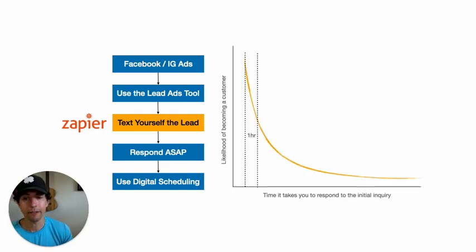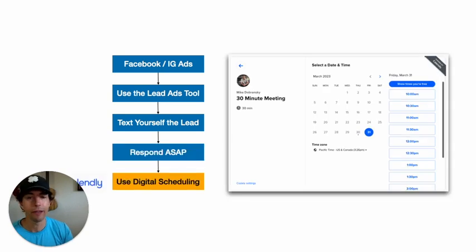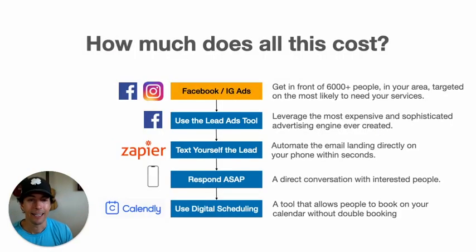Then you can respond, and we do that as fast as possible because the longer from when a lead comes in to when we respond, we're exponentially losing momentum with that customer. So when I was in corporate, if a lead came in and you didn't respond in 60 minutes, you just about lost that customer. So we need to be fast. So we respond, we send them a text, we send an email, we get them moving, we give them a free training, and then we offer the ability to schedule digitally so you don't have to be there saying, oh, this time works, does that time work? Just give them your calendar, let them schedule it. And all of this